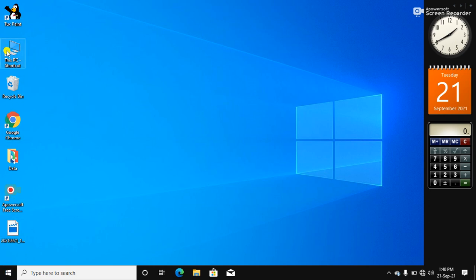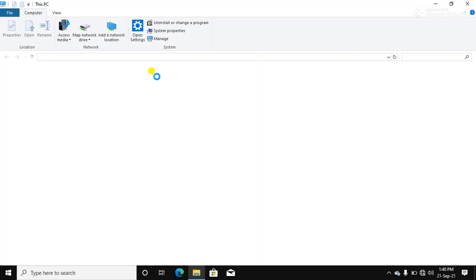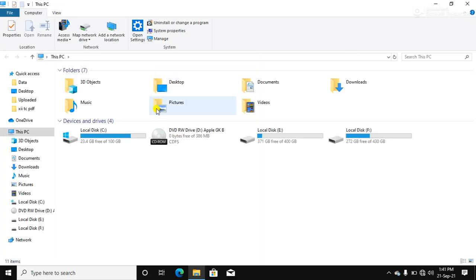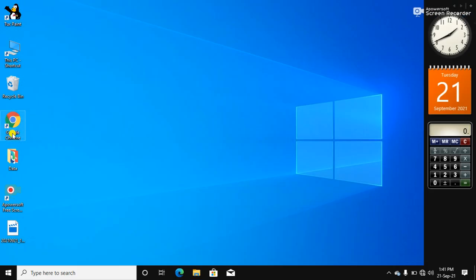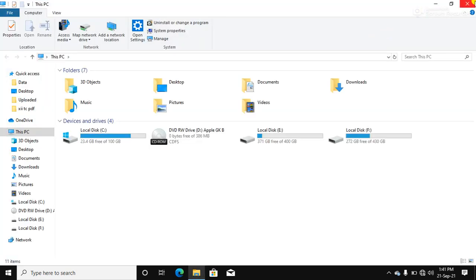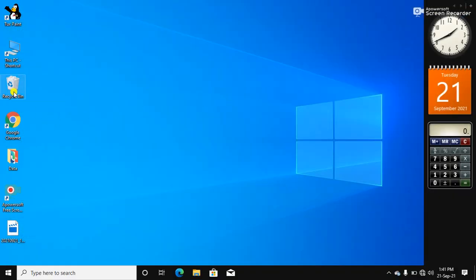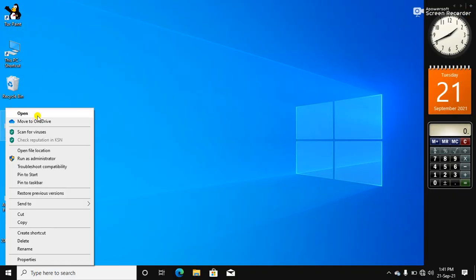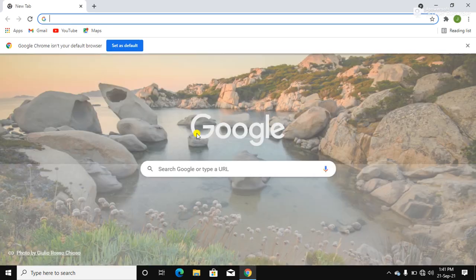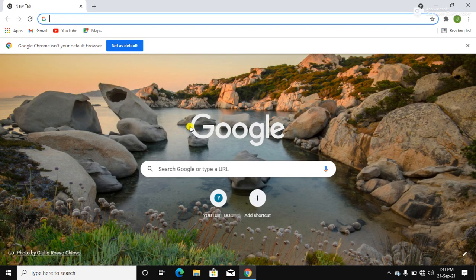Now next, the title bar. I am opening firstly my PC. Open it. So where is the title bar? Close it. How can you close it? Click on this close button. Now I am opening Google Chrome.